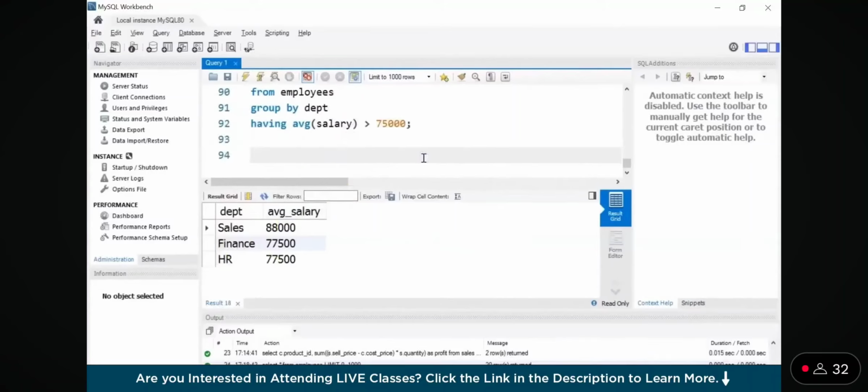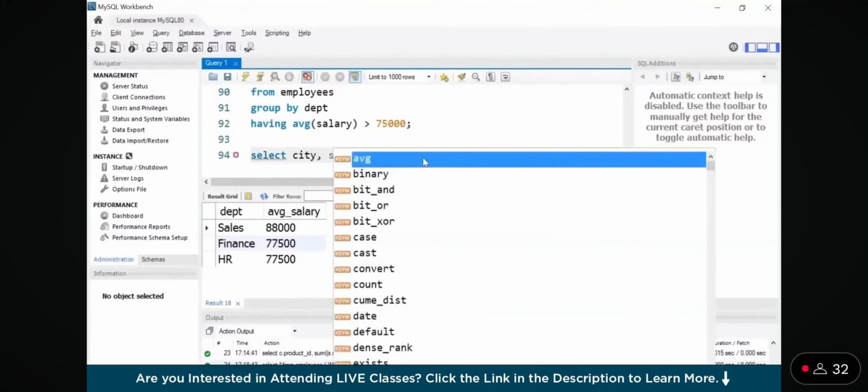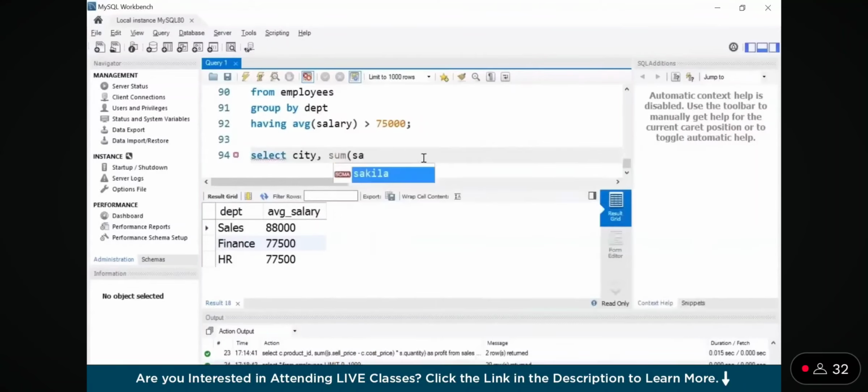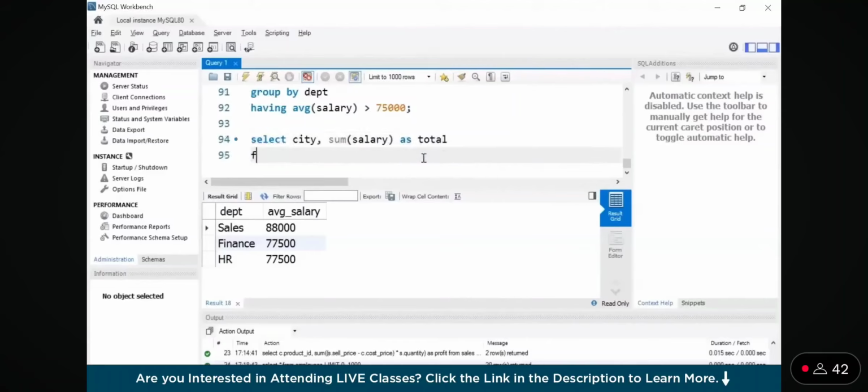Okay. Next, let's say you want to find the cities where the total salary is greater than $200,000. So this will again be a simple SQL query. I'll write select city, comma, I want to find the total salary, so I'll use the sum function and I'll pass my column as salary, and give an alias name as total from